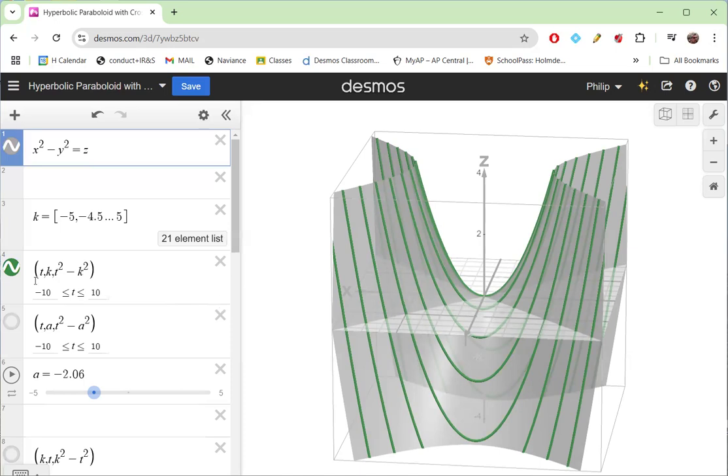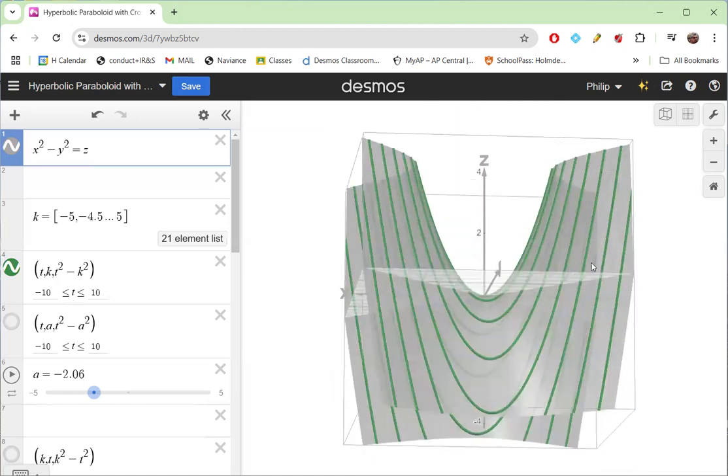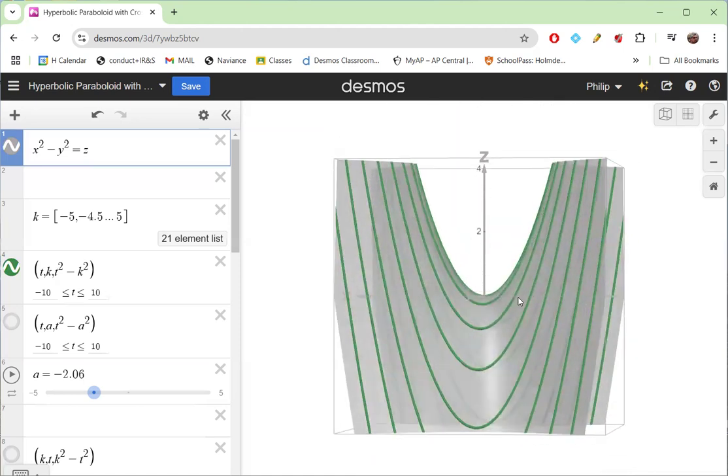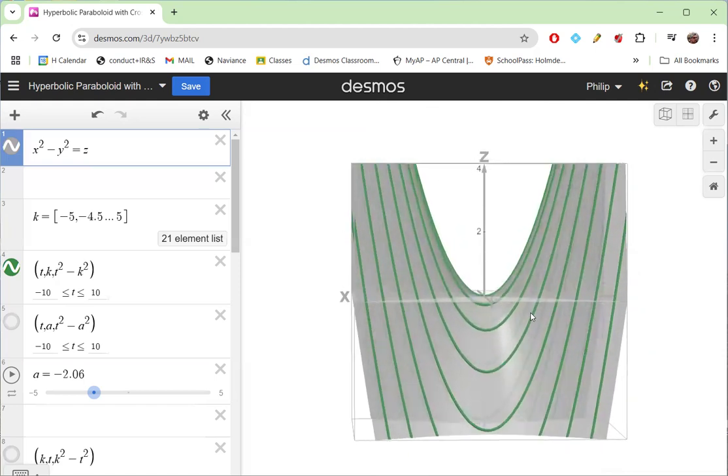These are all of the pathways, the cross sections through the different planes where y equals a constant. So you can see I let x equal t, I let y equal the constant k, and then the z value is t squared minus k squared, because that's what you get when you solve for z here. And it's nice because you can see all those cross sections, all those parabolas that are in that plane. If I orient it so that we're just looking straight on at the zx plane, you can see it as